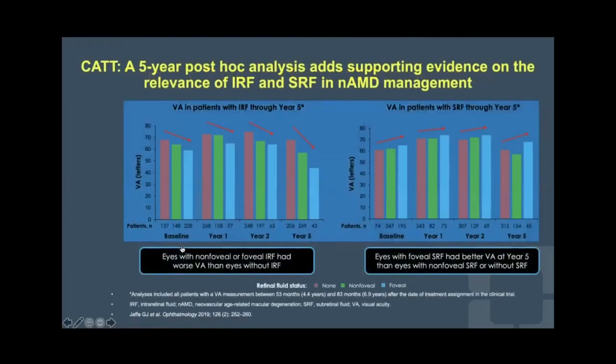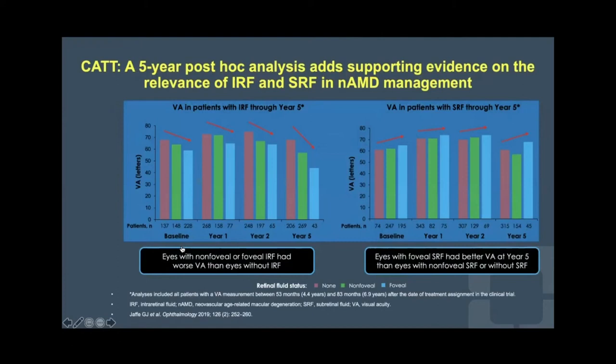Here's the CAT study, which showed negative prognostication for IRF on the left. Again, those patients who had the presence of IRF at 5 years had a negative outcome, and the patients who had SRF at 5 years had a positive outcome. Now, one of the things I think people forget about this is that patients were being treated here with anti-VEGF